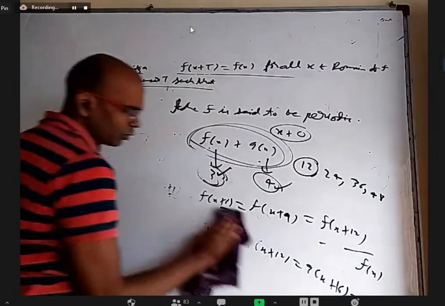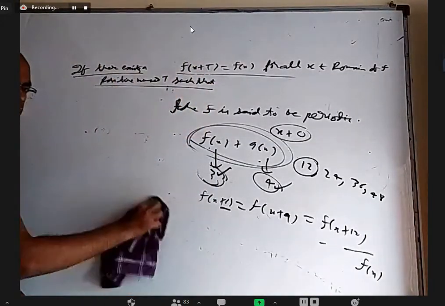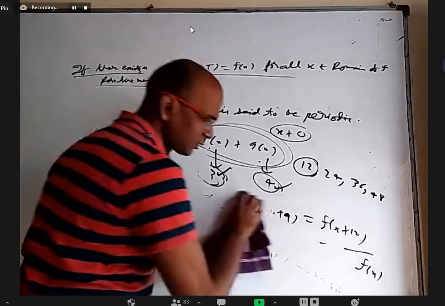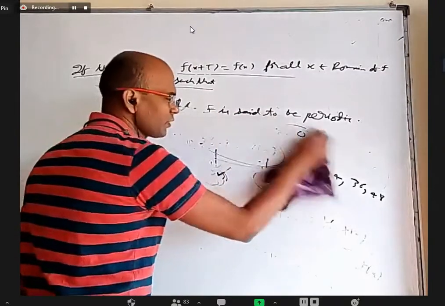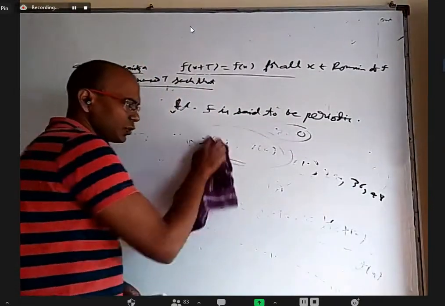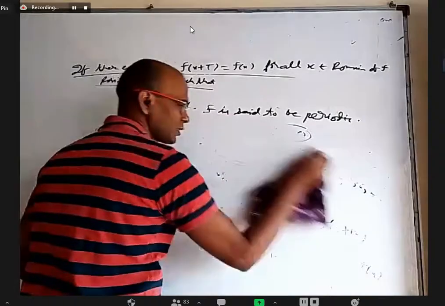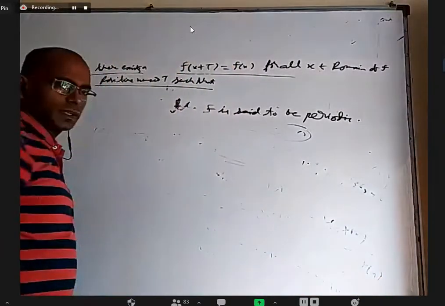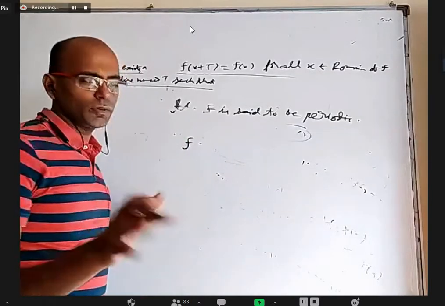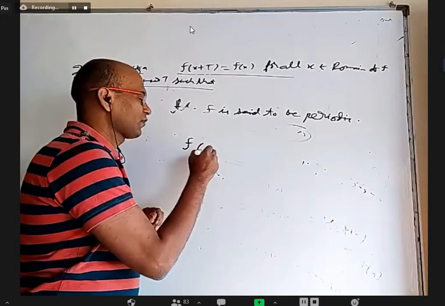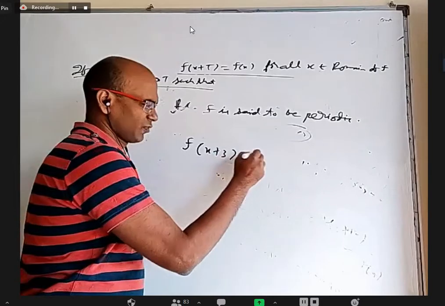Okay, so we have more questions in trigonometry on periodicity than here, because the examples of trigonometric functions are more apt. But I'll give some examples where we don't have to deal with trigonometry for periodicity. Some simple examples I can give. For example, let us say there is a function, I don't even know what the function is, but f of x plus 3 plus f of x is 0.